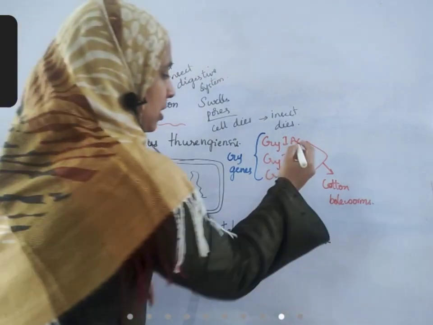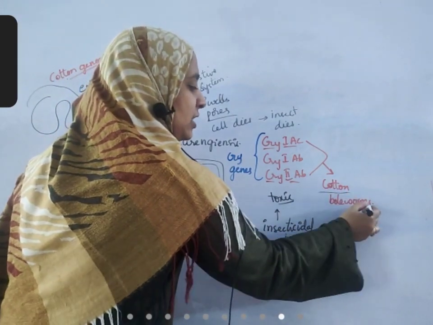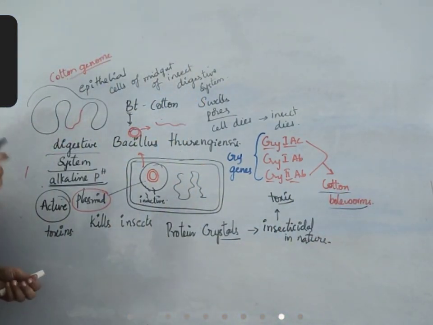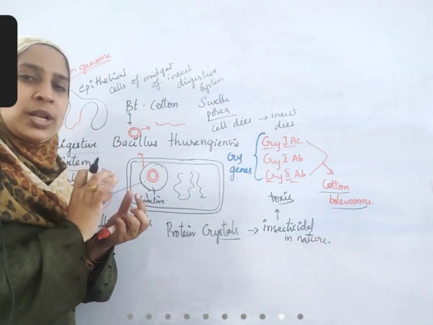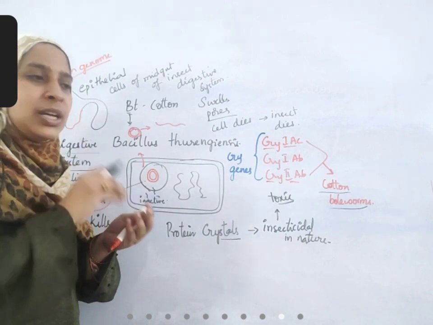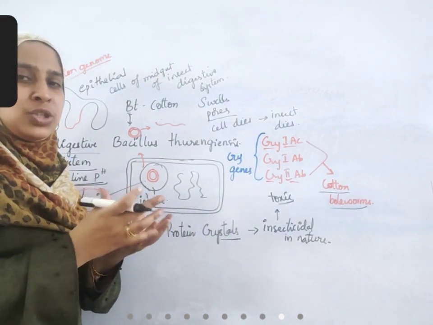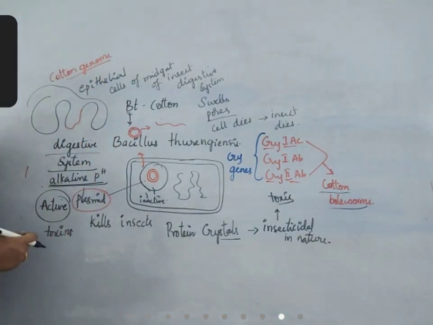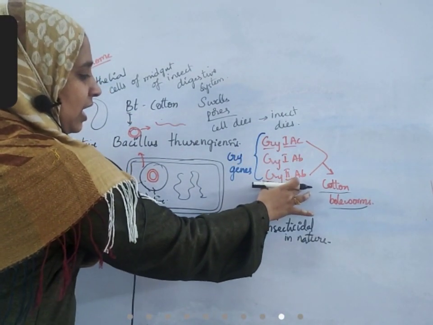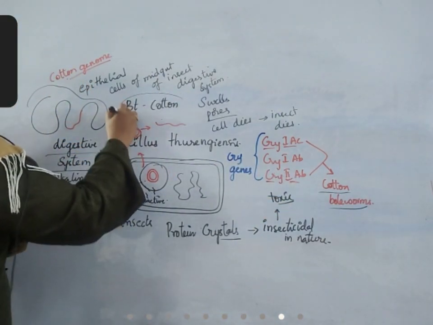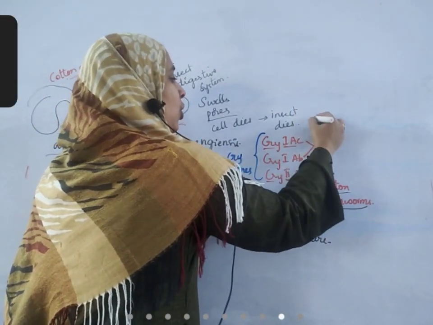Among these, Cry1AC and Cry2AB are against cotton bollworm. Cotton bollworms are worms which cause infection to the cotton flower. They infect the seeds of cotton. And once the seed of cotton is infected, the inner cotyledons are entirely eaten and a completely mature cotton will not form from that. Okay. So these two genes are introduced into cotton and that cotton is called BT cotton, Bacillus thuringiensis cotton. Cry1AB is very good against corn worms.